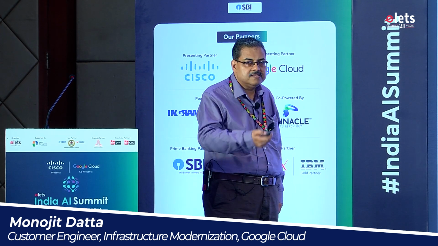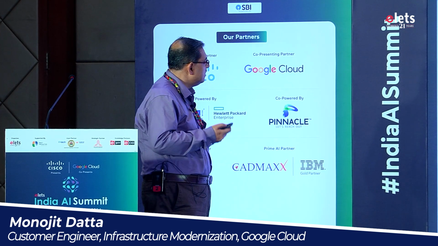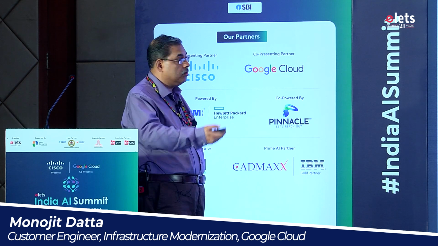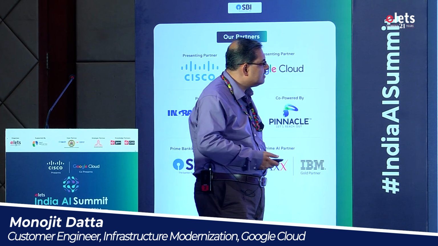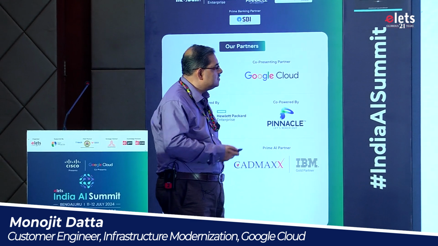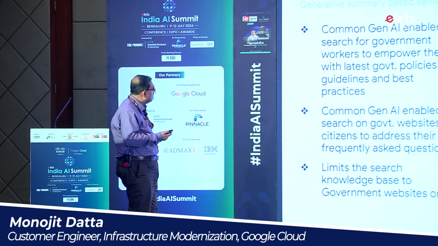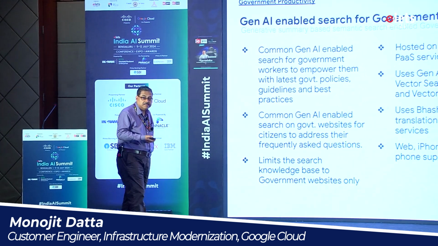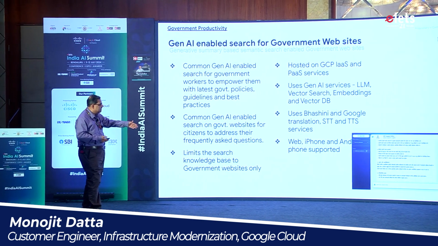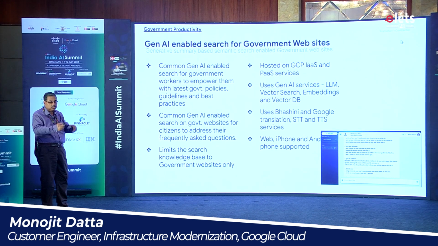Now, there are some examples which I'm just touching initially just to give you an idea what kind of examples we are building, whether it is an application to get the details about the hospitals with AI and generative AI, where we are using a lot of inbuilt native technologies as well as GCP's translation services, or whether it is the common GenAI-enabled government websites. So these are all grounded to your data. If it is a virtual assistant, it is not taking the data from anywhere. It's taking the data from the government's own secure data.